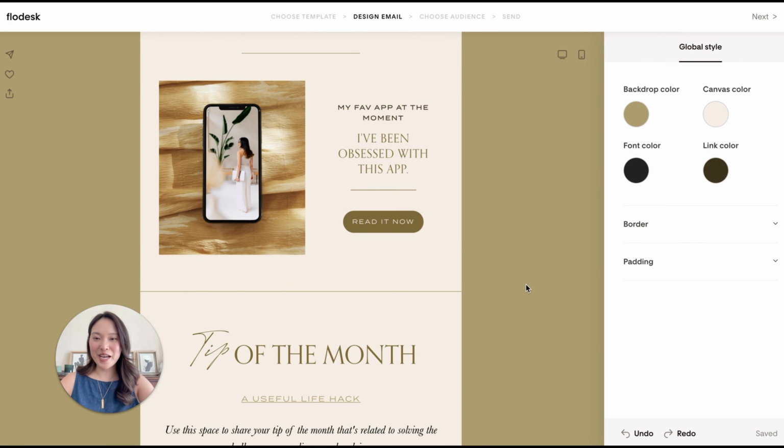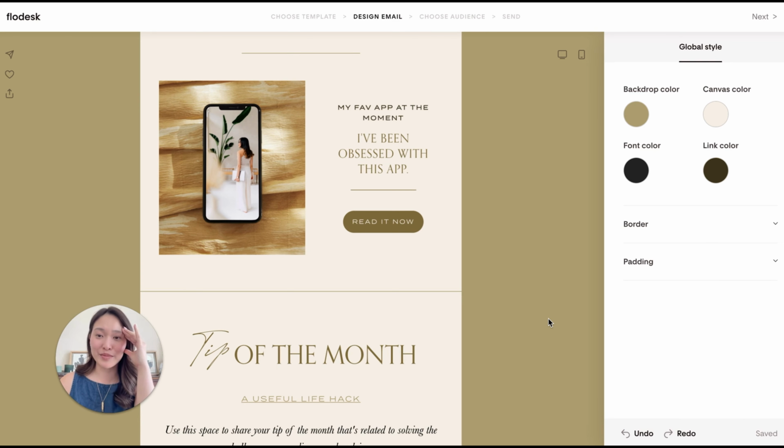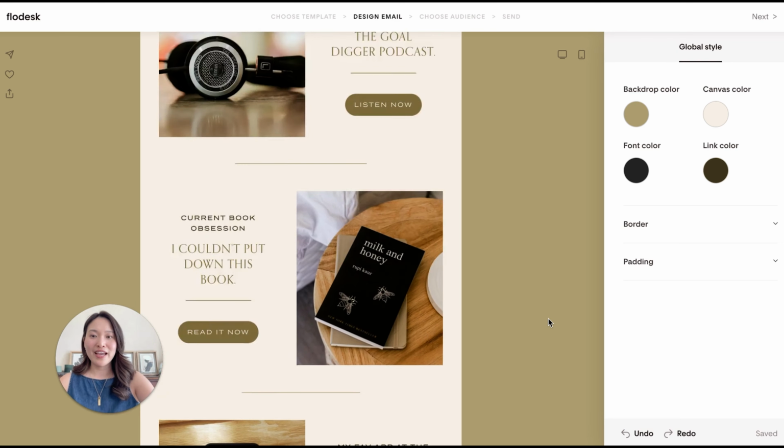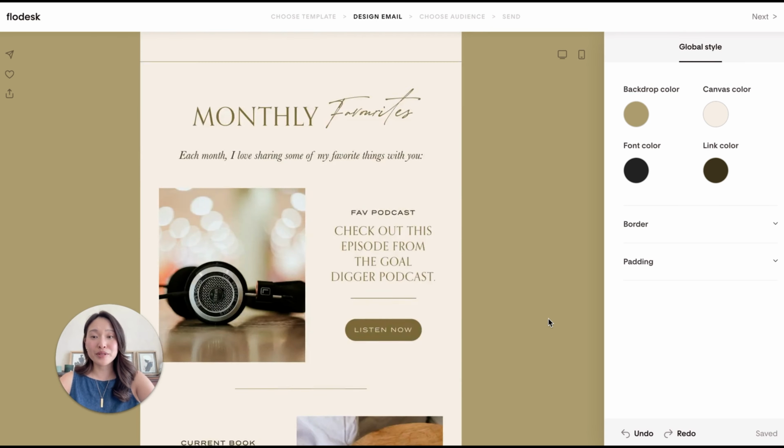There we go. So now we have this beautiful mockup. You can use this for anything, a screenshot of your website, a screenshot of your YouTube video, your blog post, your tutorial, whatever you want to share, and easily design it on Canva and instantly bring it into your emails. Like, it's actually just mind-blowing how easy that was. And now you can create emails that look and feel completely on brand. And that's it. That's how you can use the Canva integration in Flodesk to design your emails so that they